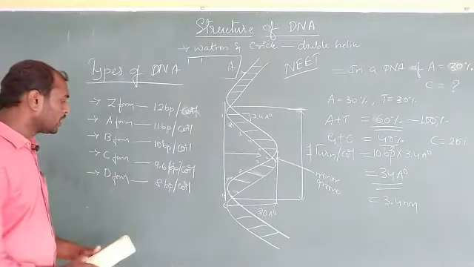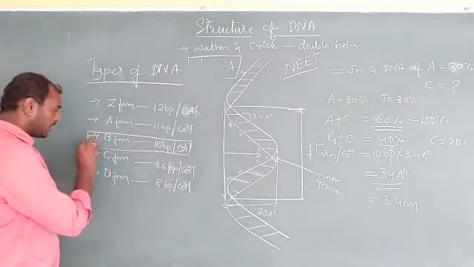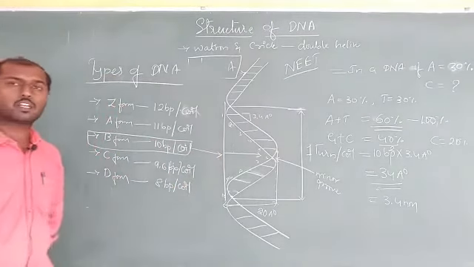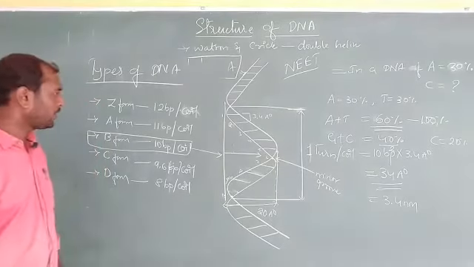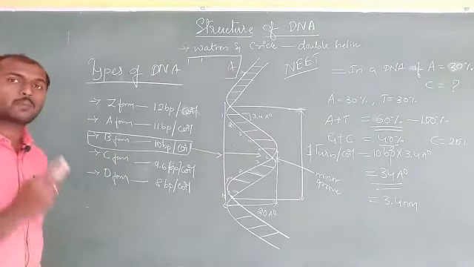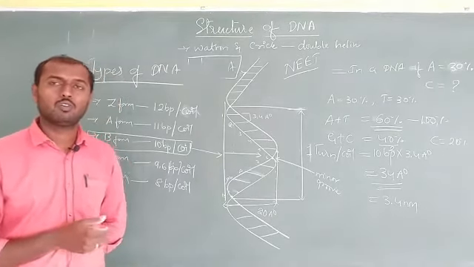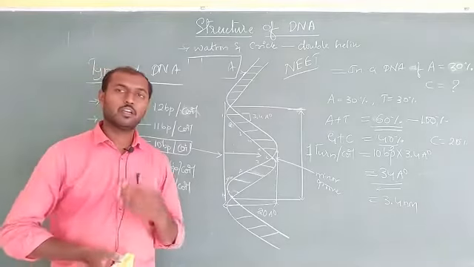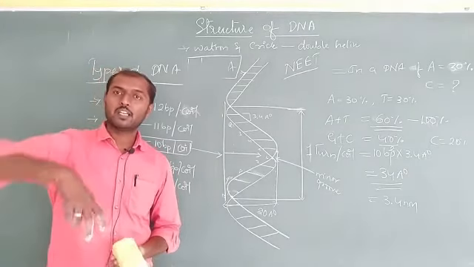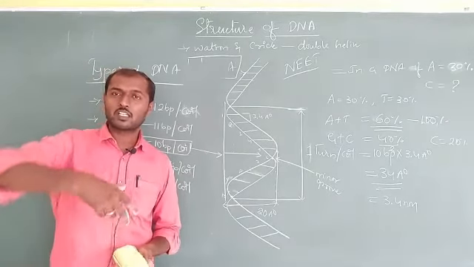Okay, so what we studied in the structure of DNA is the B form of DNA. That is the B form of DNA that we normally studied. And one more important thing is that there are 2 types of DNA according to the angle of rotation. Based on how it rotates, we can see two types of DNA. One is called right-handed, turning to the right side. If it turns to the left side, it's left-handed DNA.